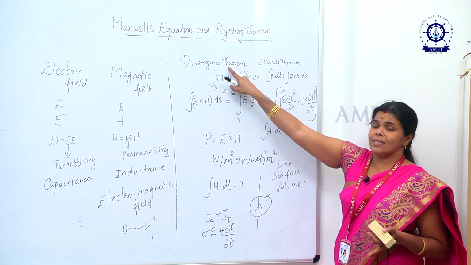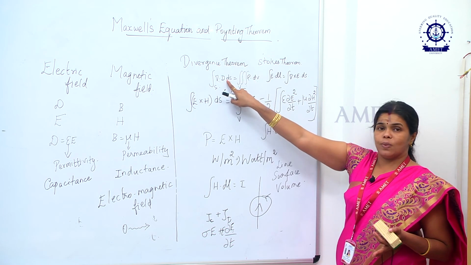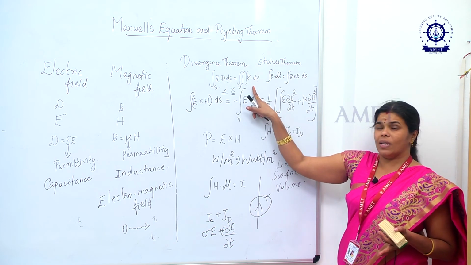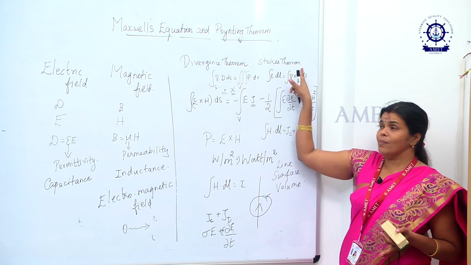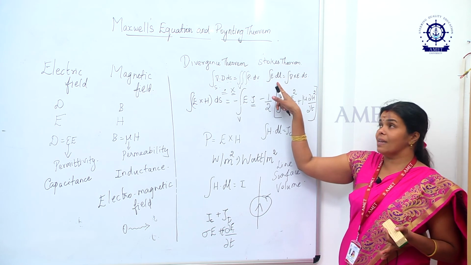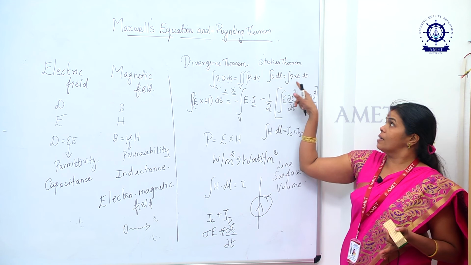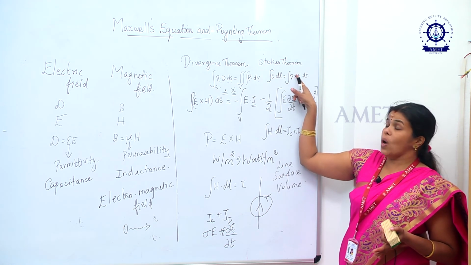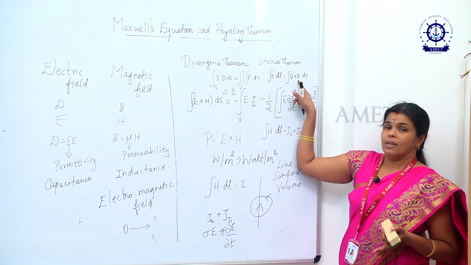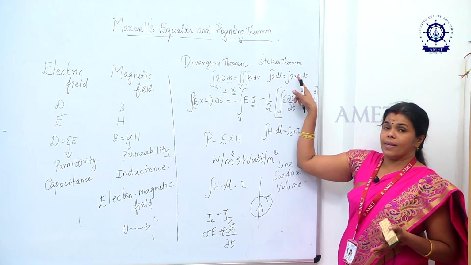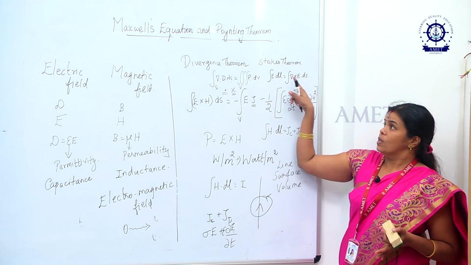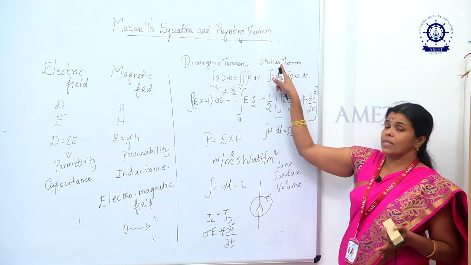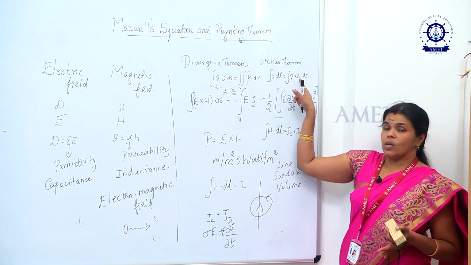The dot product means that is the divergence theorem, which gives the relation between the surface integral as well as the volume integral. If you see the Stokes theorem, it gives the relation between the line integral and the surface integral with the help of the operator curl. So cross is the operator, curl is the operator here. If you see the divergence theorem, we have the dot operator. If the Stokes theorem is there, we have the cross product.